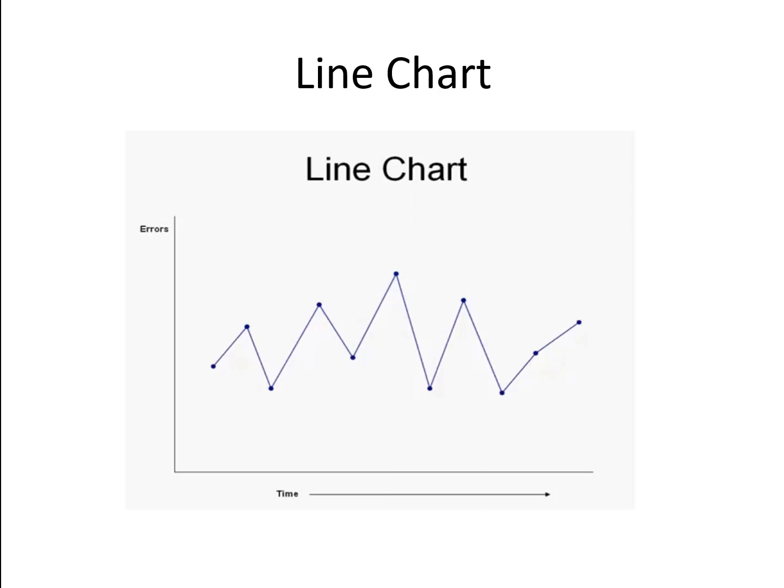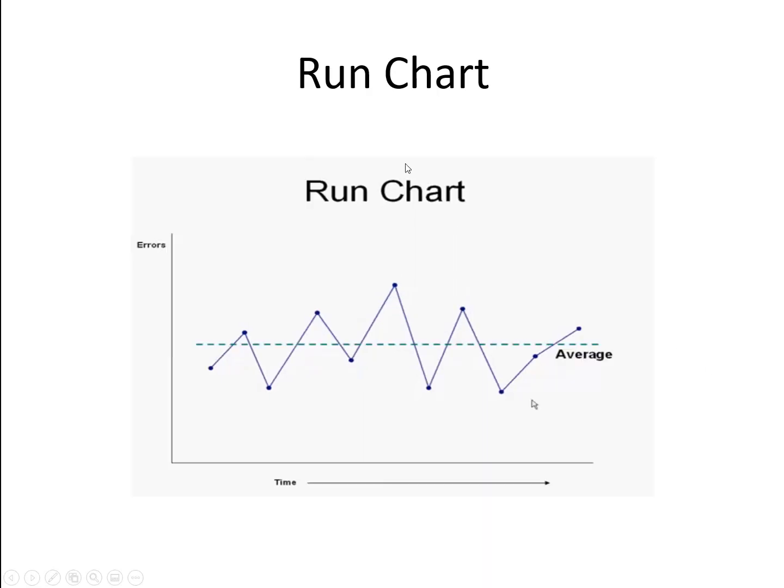But now we will use this type of data and construct an average line. Just like we already constructed a linear regression line, but in this example we will not construct a linear regression, we will just calculate the average. We will take the average and then we will know how much deviation occurs from the mean line. So you can see this is a run chart.